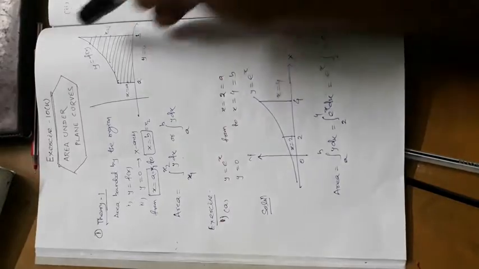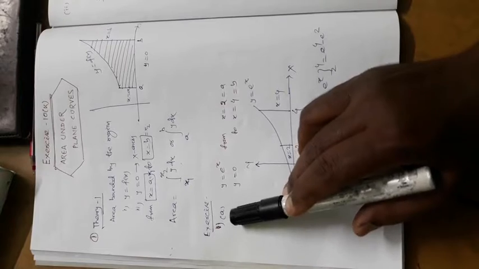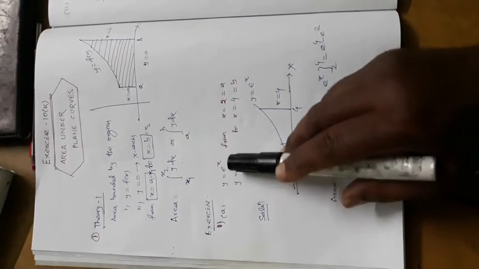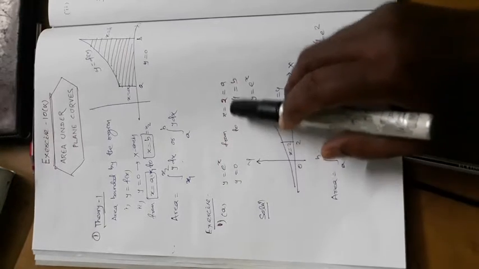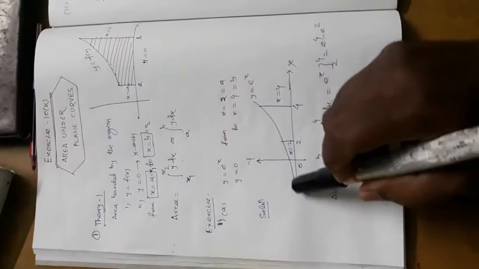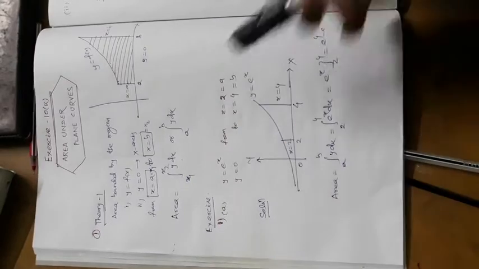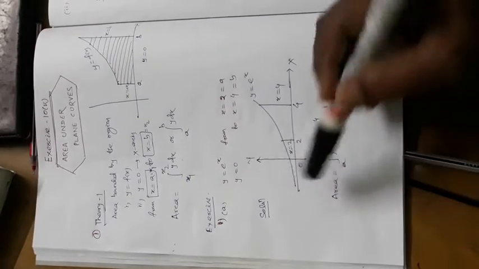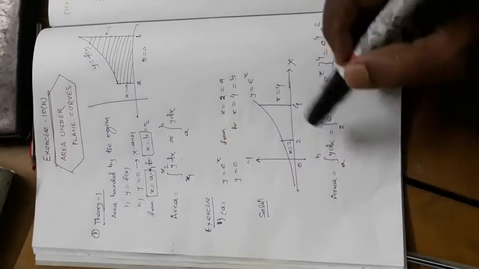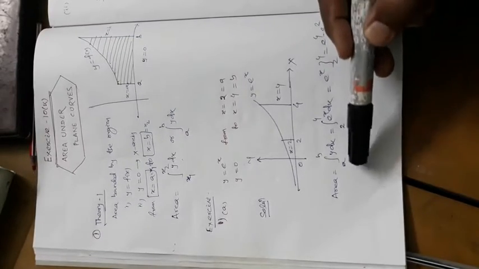See exercise number 10k. Exercise 1a: find the area bounded by the curve y is equal to e to the power x, y is equal to 0, from x is equal to 2 to x is equal to 4. Now look here, y is equal to e to the power x is the curve. Y is equal to 0 means you have to take the x axis, means dx must be there, y dx. For y is equal to 0, the formula must be y dx, remember it. The integration of y dx from a to b.